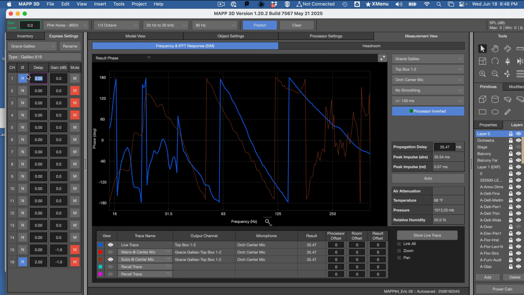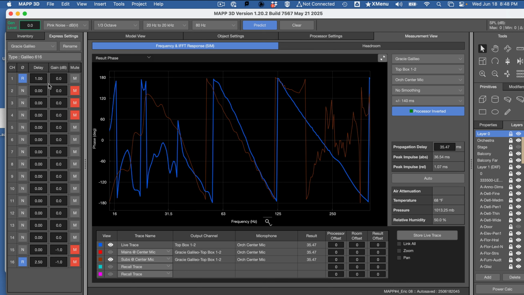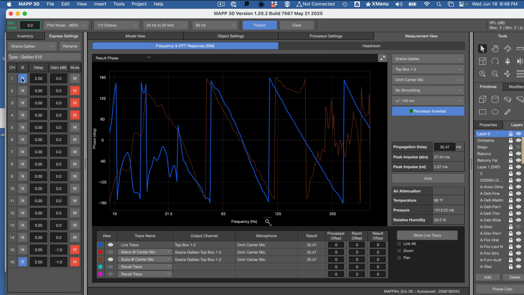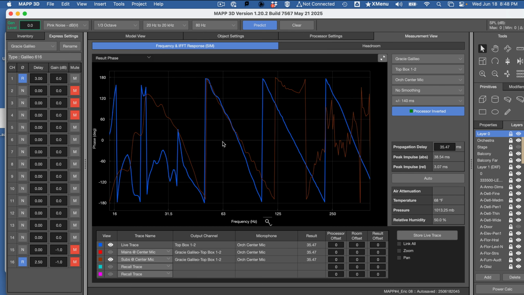So let's add a little bit of delay. Now we've polarity reversed it. Oh, I can just hit return. It automatically predicts. That's great, that's way faster. And I'm going to put 3 milliseconds. Hopefully I don't go too far. And so it's sort of debatable now. You can't make it perfect